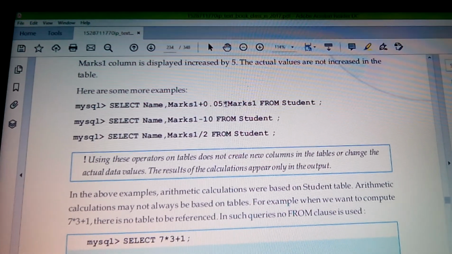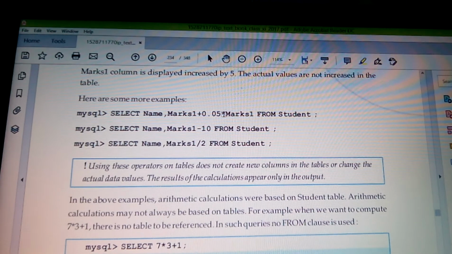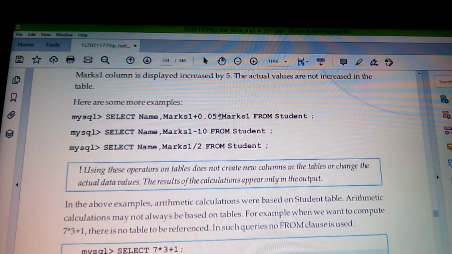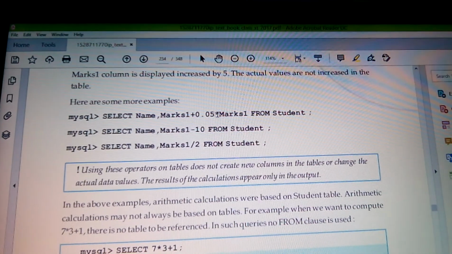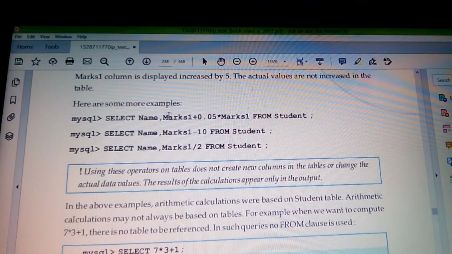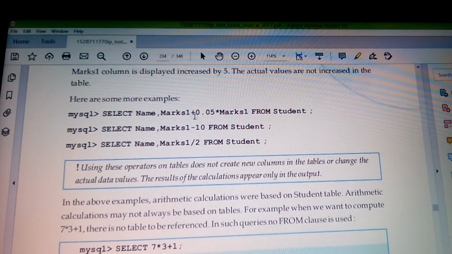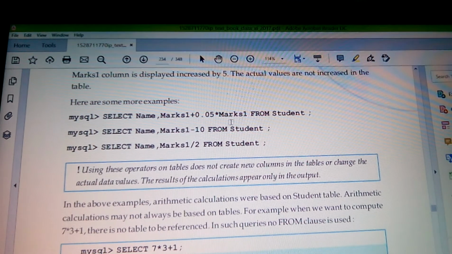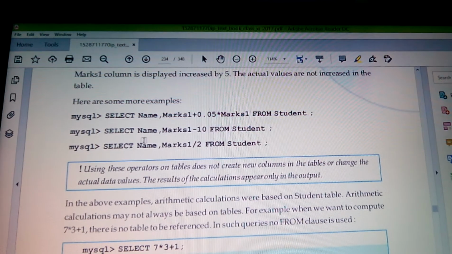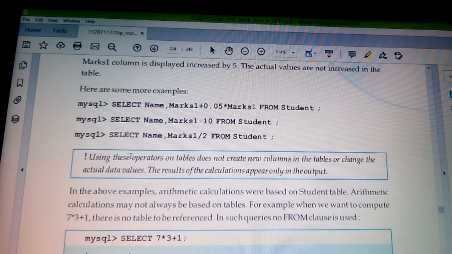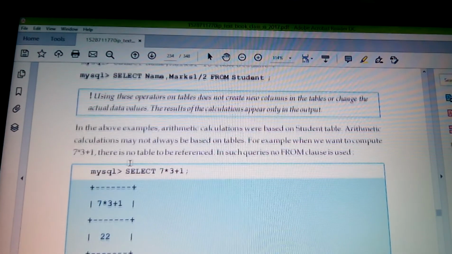That means the user has taken 5% of the marks and added to the marks column, as well as displayed the name. So select name, marks1 plus 0.05 of marks from student. Likewise here we have second and third example. I think this will be clear to you all. Just have a look onto this.